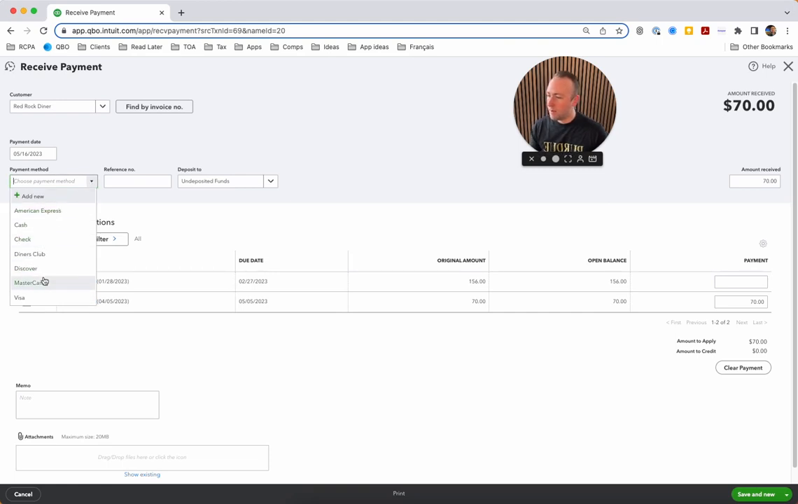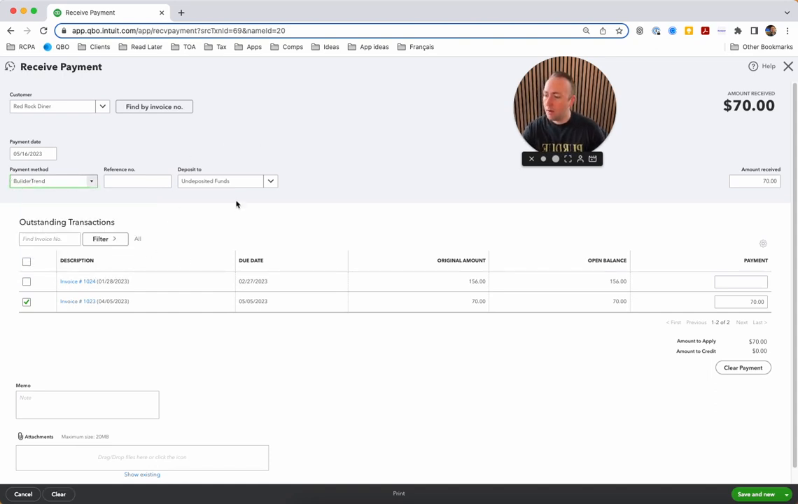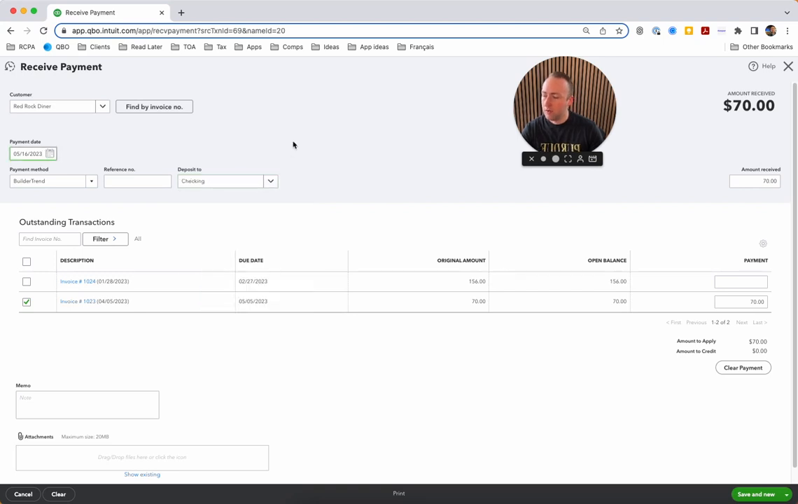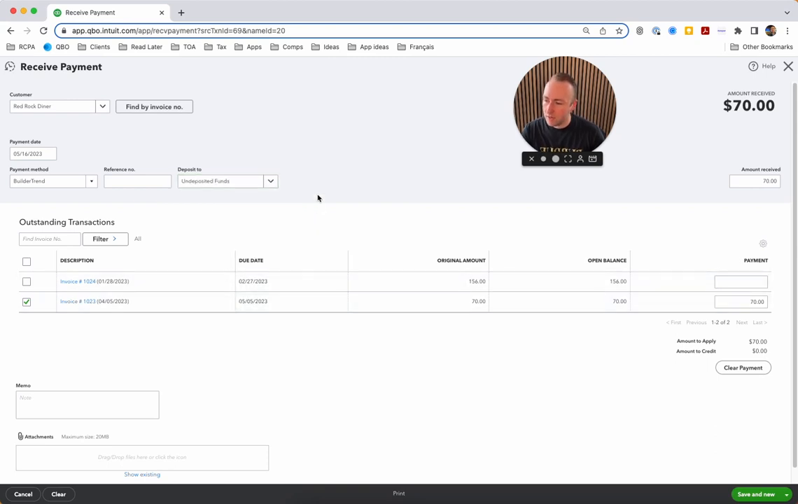You can choose the payment method. Usually I recommend adding a new payment method for BuilderTrend specifically. But sometimes it will default to deposit right into your checking account. But that's wrong, wrong, wrong, because it's going to deposit that full $70 into your checking account, and it's not going to take account for that $15 fee that gets pulled out of there. So usually, depending on how BuilderTrend is set up, it's smart enough to deposit it to undeposited funds and record